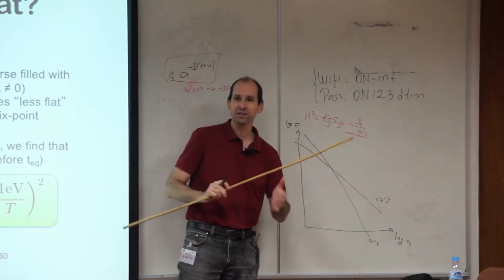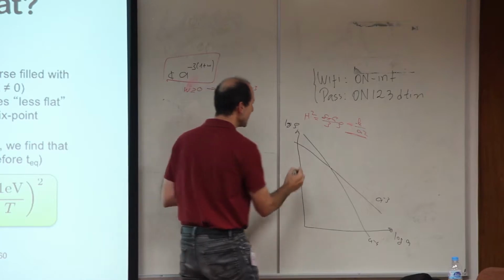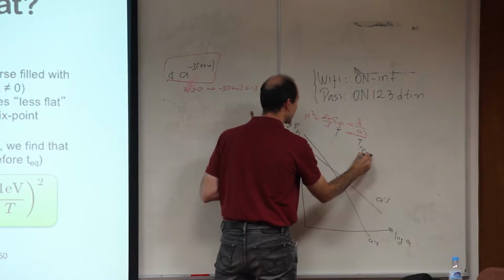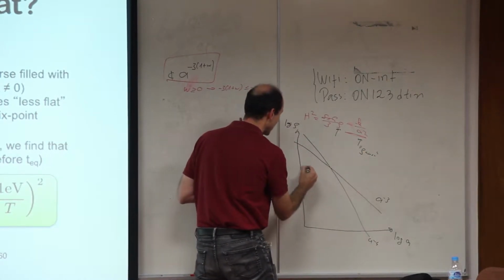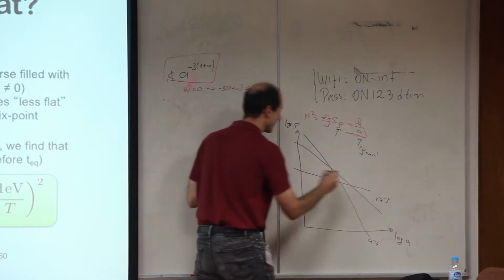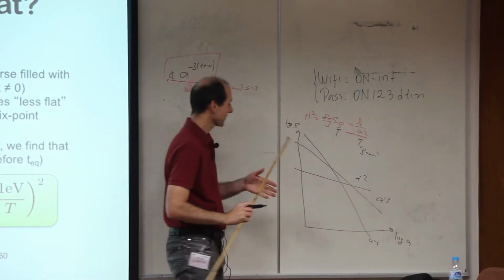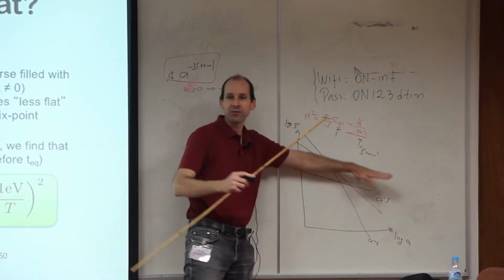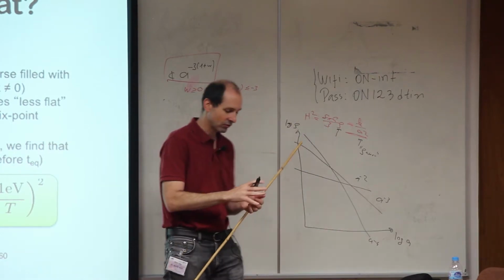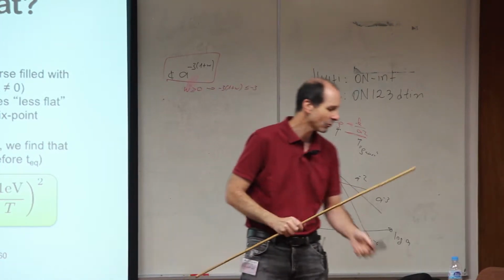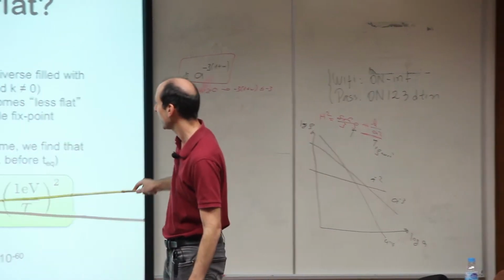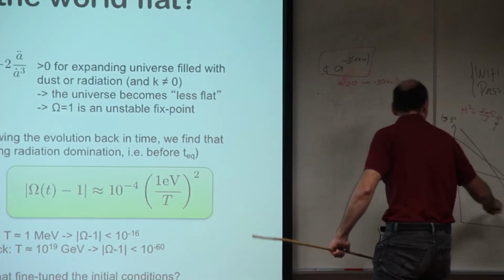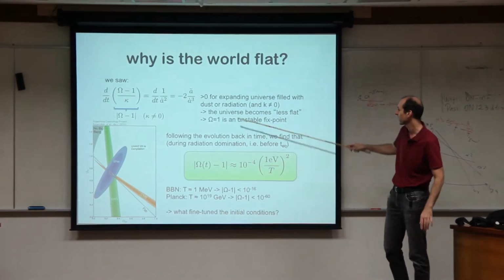You can associate an energy density with this, because here you have the energy density, and so you can think of this as an energy density of curvature. And so this one goes like a to the minus 2. So if this is not too low, it will eventually dominate. That's what this says. And so this has to be very low. The question is how low. Early on it has to be extremely low, because we know that this has to be somewhere down here, and so if we go back it goes down, more and more.